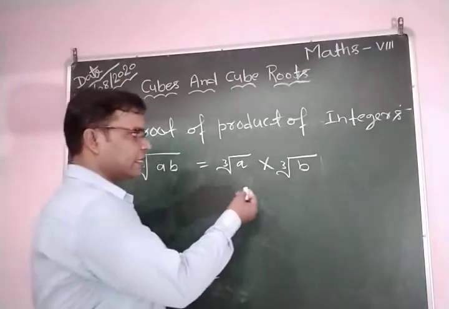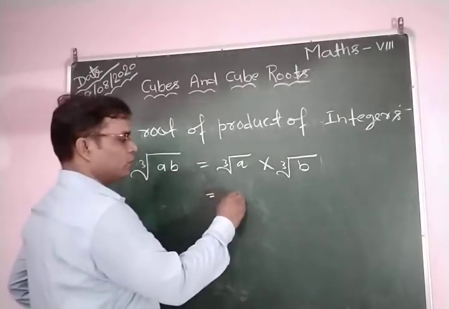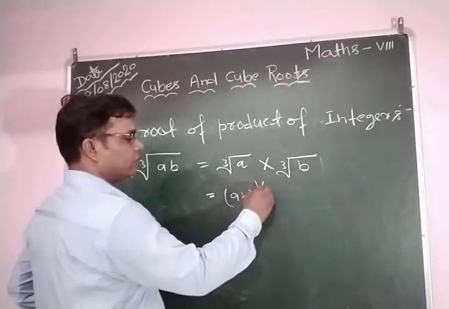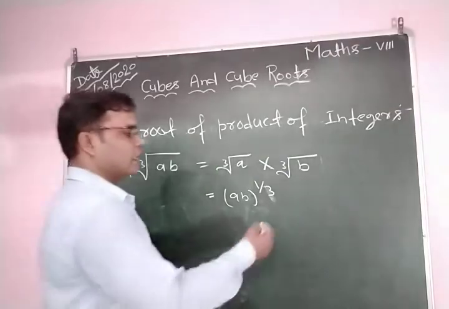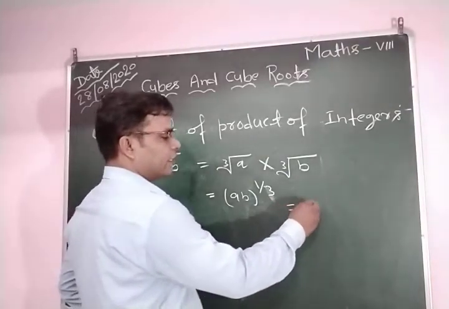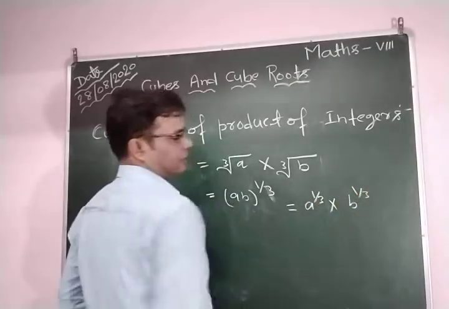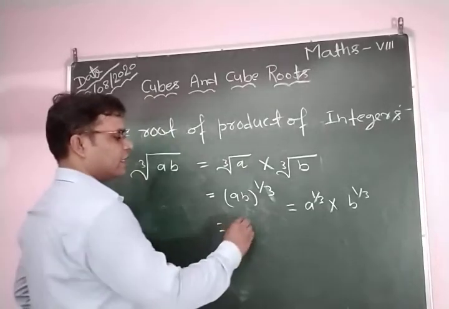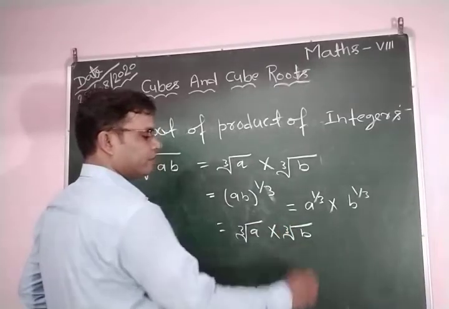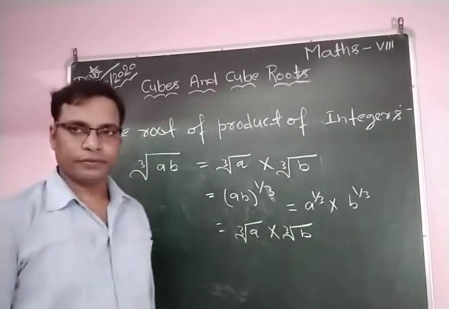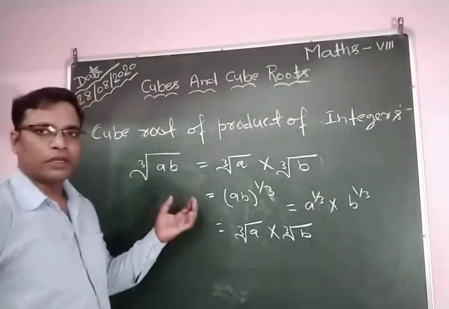So also you can write this number like that. This is a into b, and this means power 1 by 3. Cube root means the power 1 by 3, and you know very well, you can also write it as a to the power 1 by 3 into b to the power 1 by 3. Okay, as simple, you can write it as cube root of a into cube root of b. Clear? So take some examples and solve such types of questions.